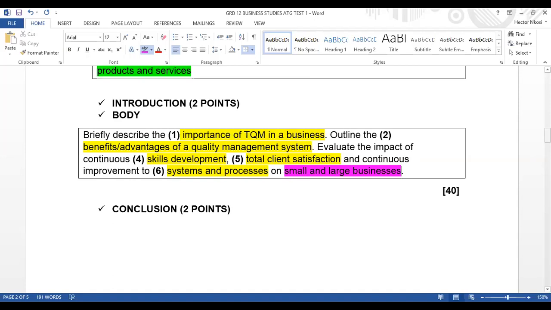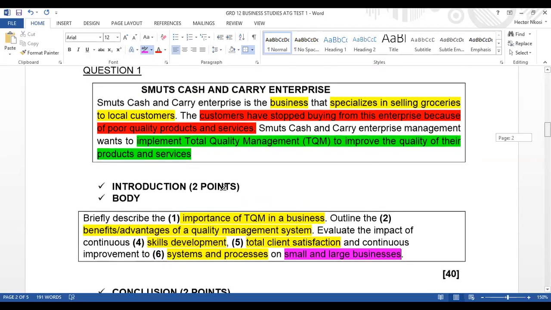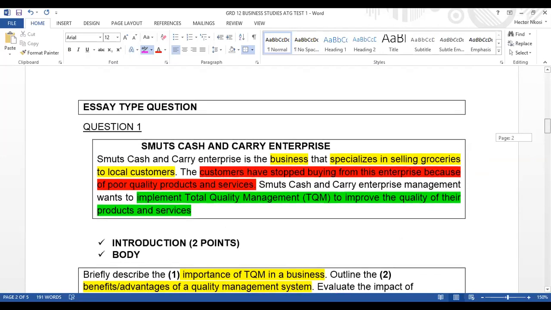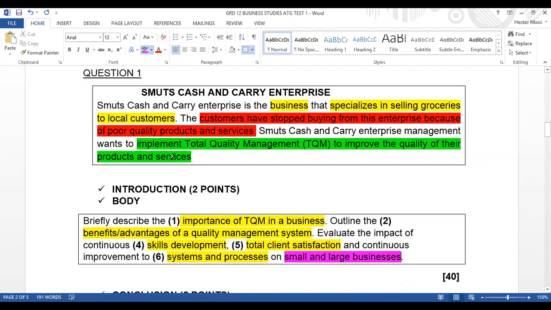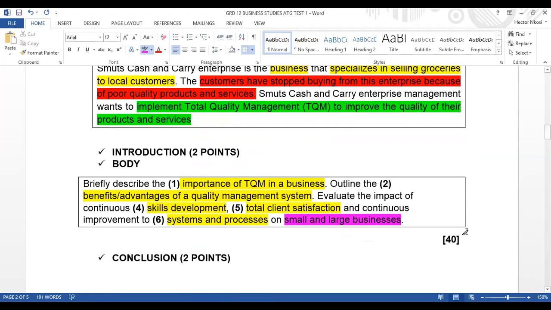Now, grade 12s, it is very important to understand and you need to know how to break up such questions. This is how you need to answer this in an exam type situation. It is very important, grade 12s, to understand what you need to do and how you have to do it. So can you see we've spent so much time on exam technique, and this is helping us basically, boys and girls, on how we need to maneuver our essay. So it's easy to get your 40 marks. Remember, at the end of the day, you need this full 40 marks.